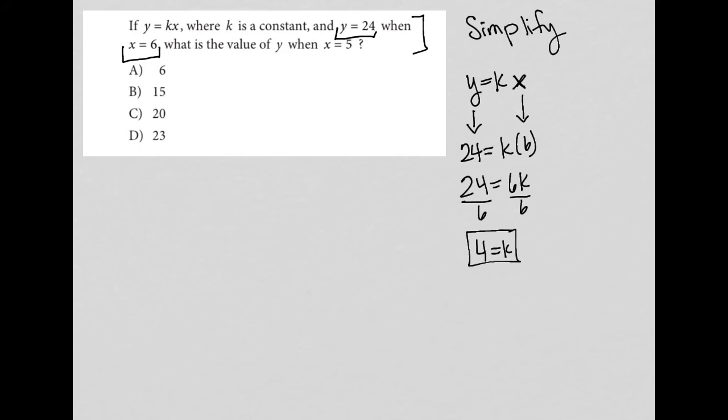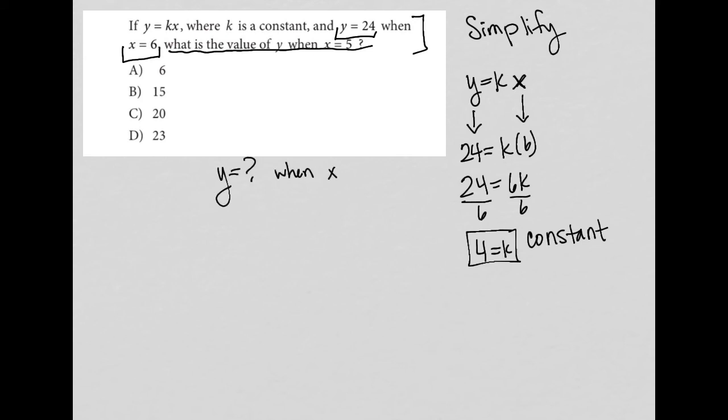Now that's important because the question tells me that k is a constant. So that means that is not going to change. It's a term or quantity that will not change. It's not a variable. So then what's the actual question here, right? What is the value of y when x equals 5? So now we want to figure out what does y equal